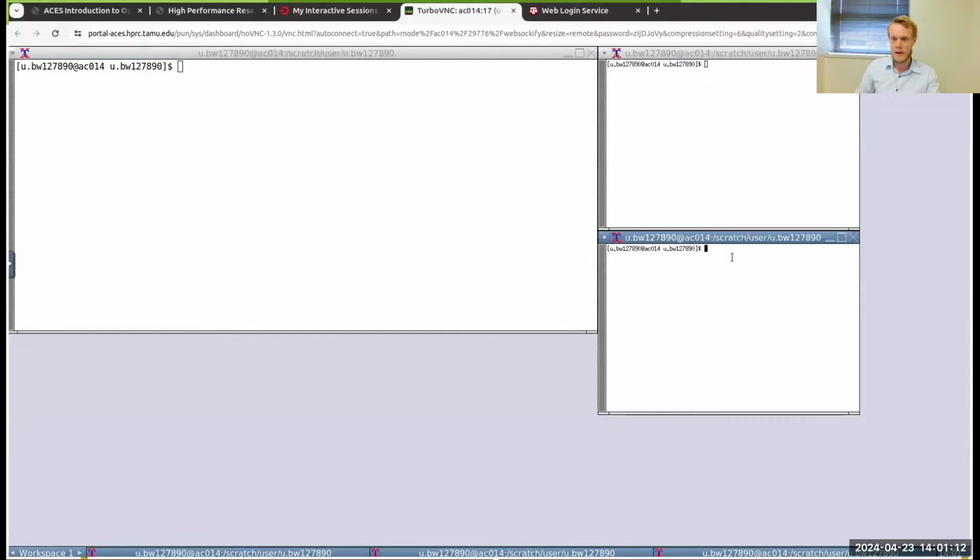Okay. So if we are in one of these terminals, the first thing we want to do is load OpenFOAM. Now, this normally involves quite a lot of typing and checking which modules are dependent on which. So I made a little script that simplifies the typing here. The script is available on ACES, so you can use these commands on ACES. If you want to do this in another environment, I also included in the instructions document the actual commands that script runs. So you can do it in any environment, but we're going to start by doing